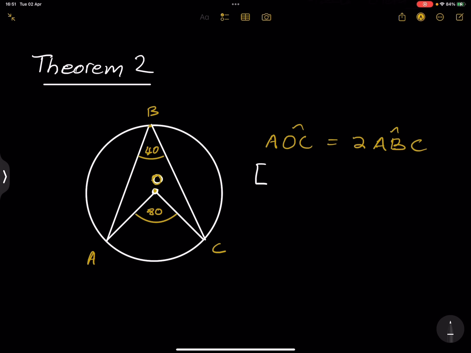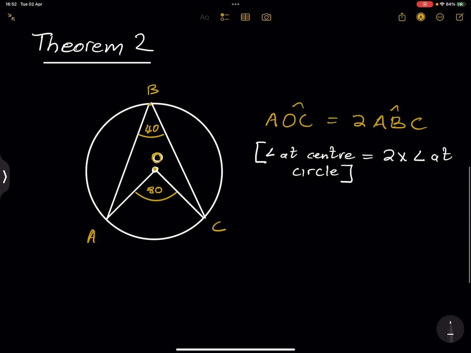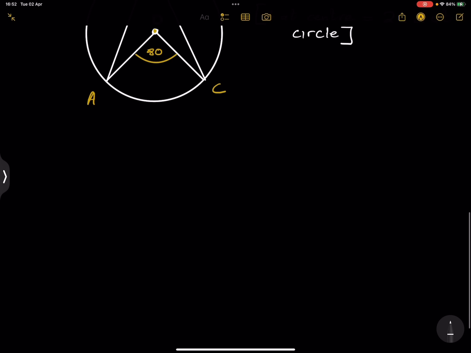Right, now when you give the reason, we always say angle at center equals 2 times the angle at circle. All right, so that is the reason. Now, note other ways in which they can show you this theorem,